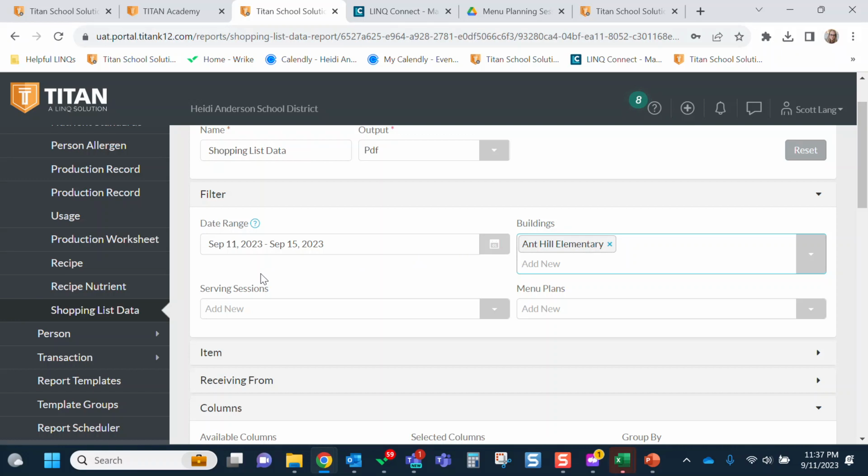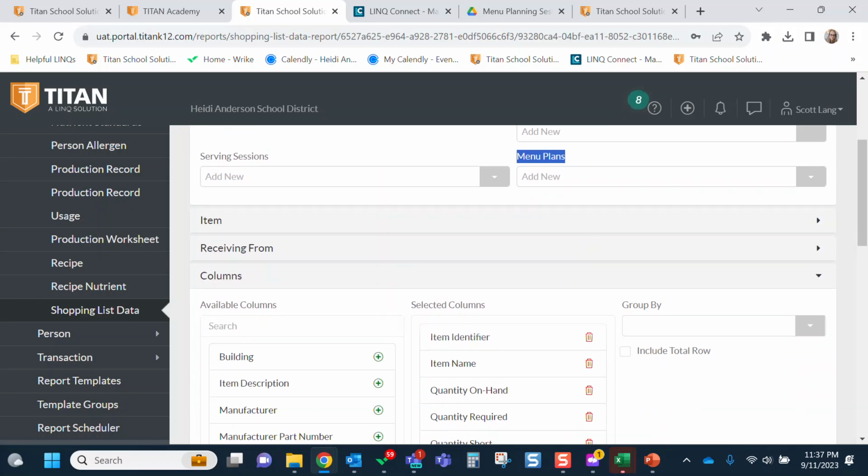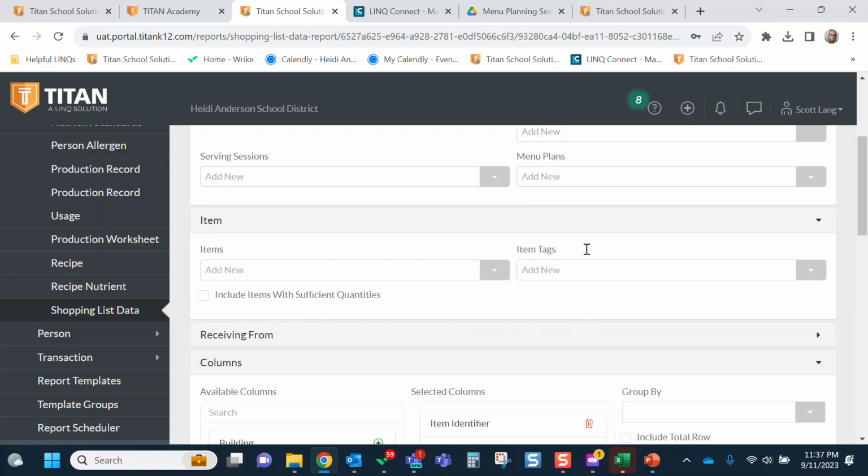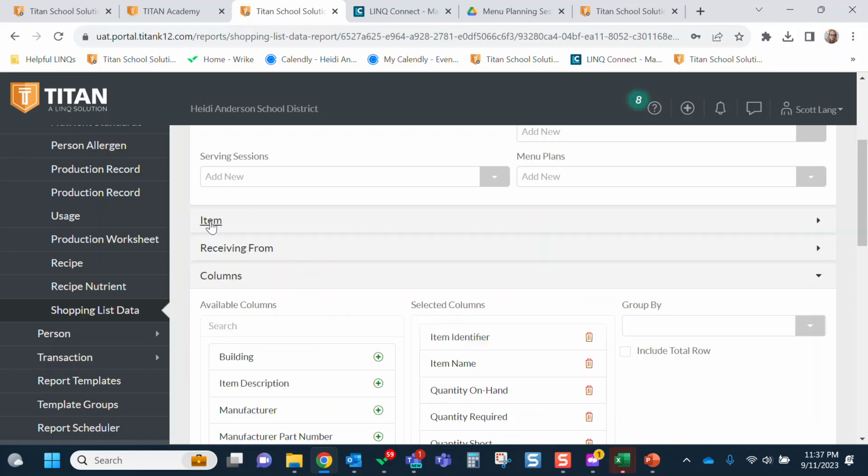for. I'm going to leave the serving sessions and menu plans blank so that it pulls from all serving sessions and all of the menu plans so that I have everything that I need for breakfast, lunch, snack, supper. All of those things will be combined into one list. As you get more familiar with this report, you can drop these tabs or sections down and play with these filters as you become more comfortable with this